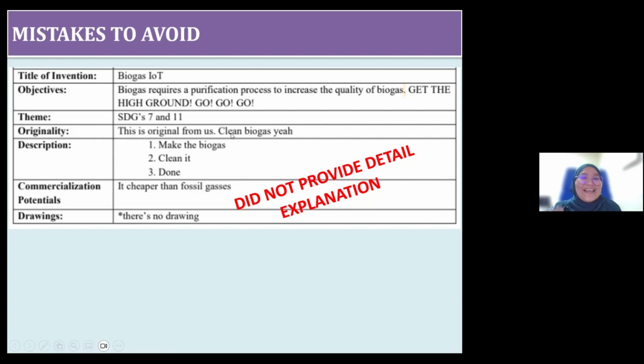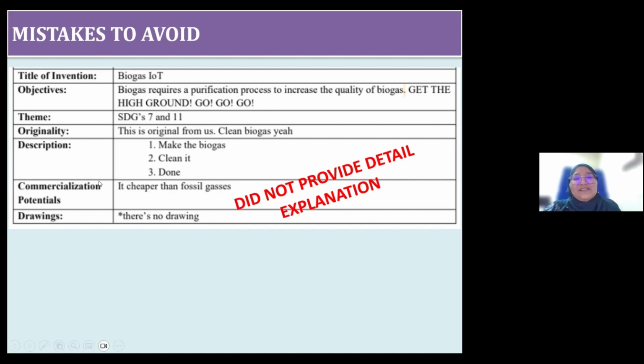Okay, so yes, you can claim that it's original from you, but you have to do studies on whether there is any other product more or less the same as the one that you produce. If you think there's a similar product, you have to put a reference, and then as I said just now, for example the one that I showed, they make a comparison. So you put where you can enhance the product or make it better. If you're saying it's original, please make sure that we as judges are not going to find it on any other website or reference.